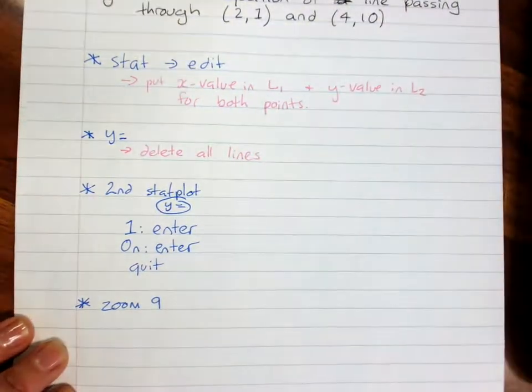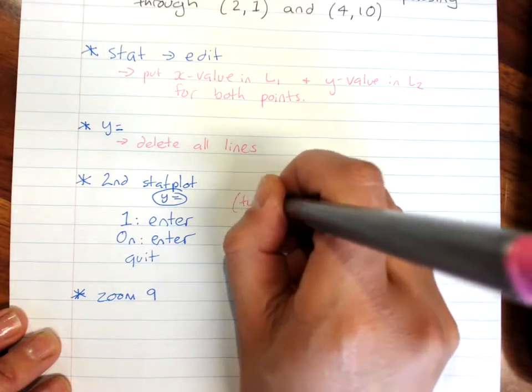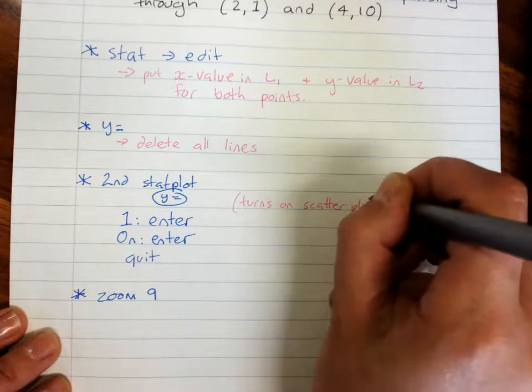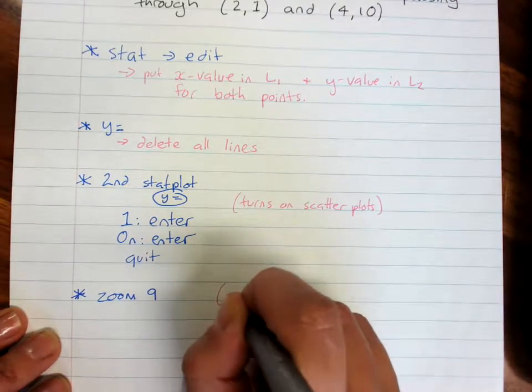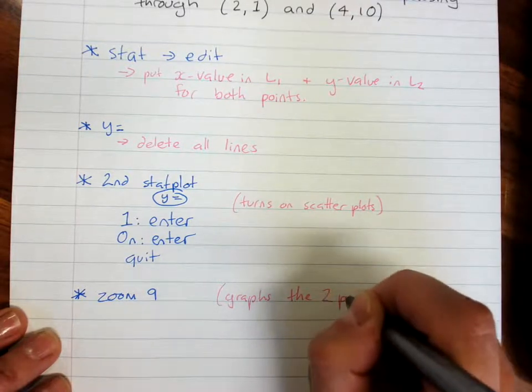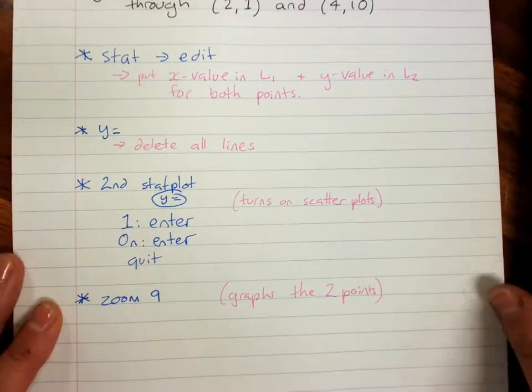So I'll just put a little comment in there. This turns on scatter plots. This graphs the 2 points. And